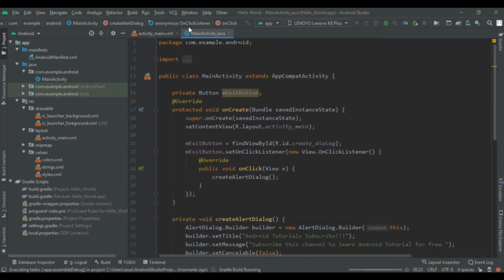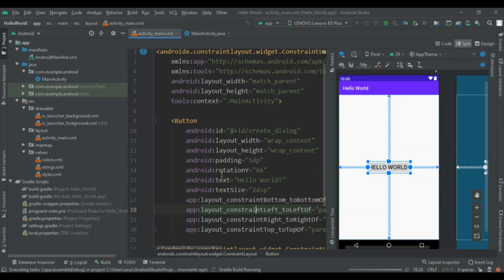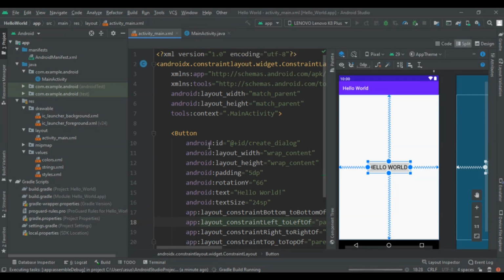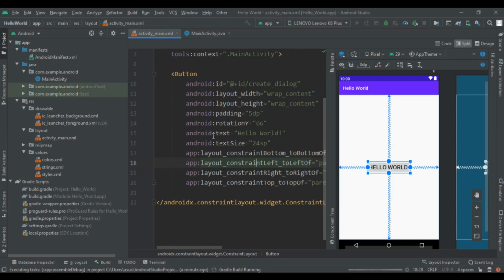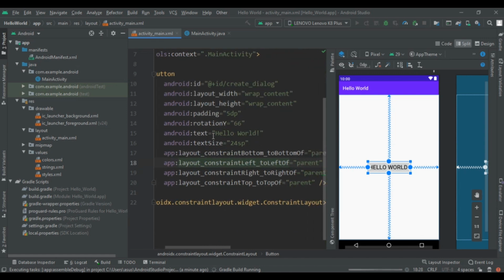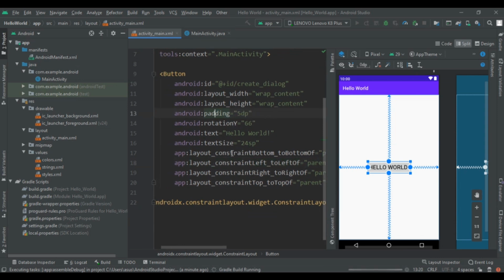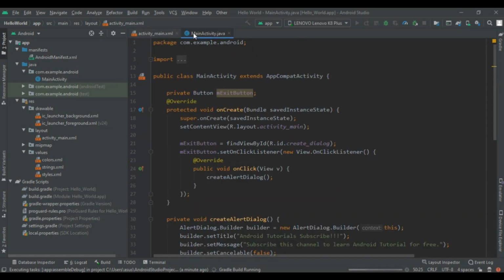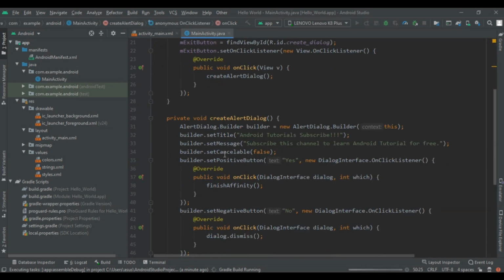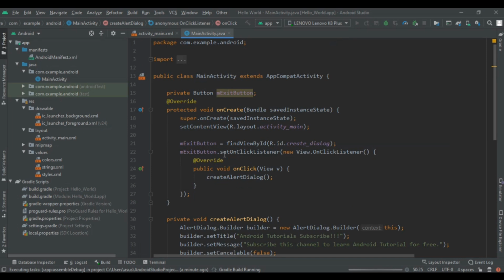Now let me tell you what we had done in this first video. Here we had changed our text view to a button and assigned its ID to create dialog, and we had set its padding to 5 dp. So this much work we had done in our first layout, and in MainActivity.java we had created a button with private Button mExitButton, and again cast it in the main activity.